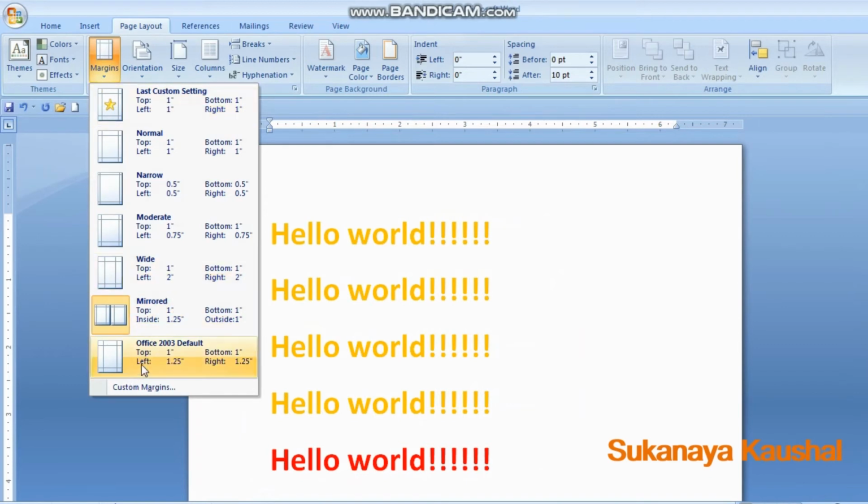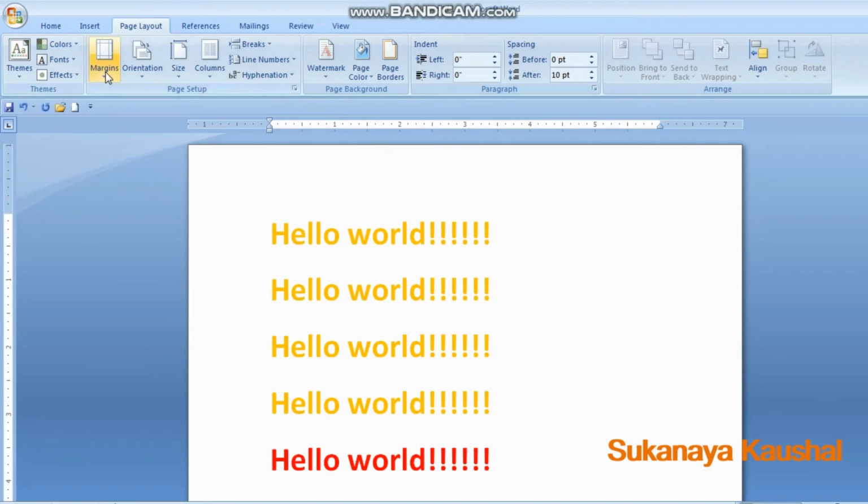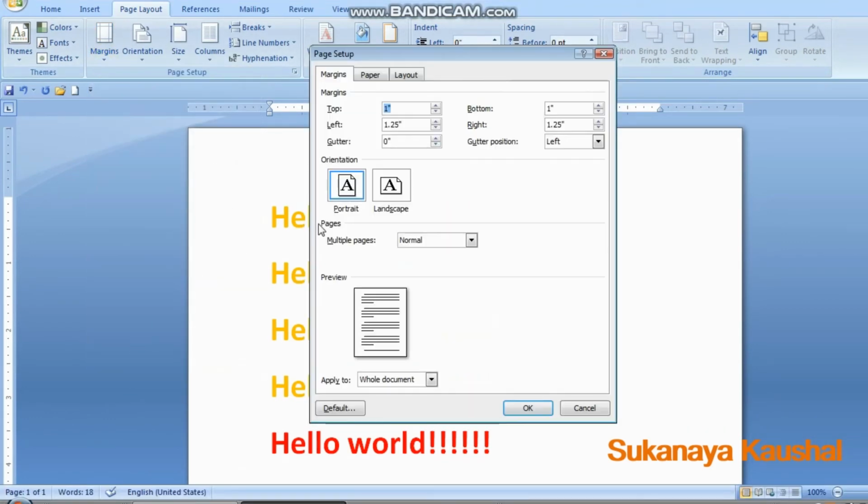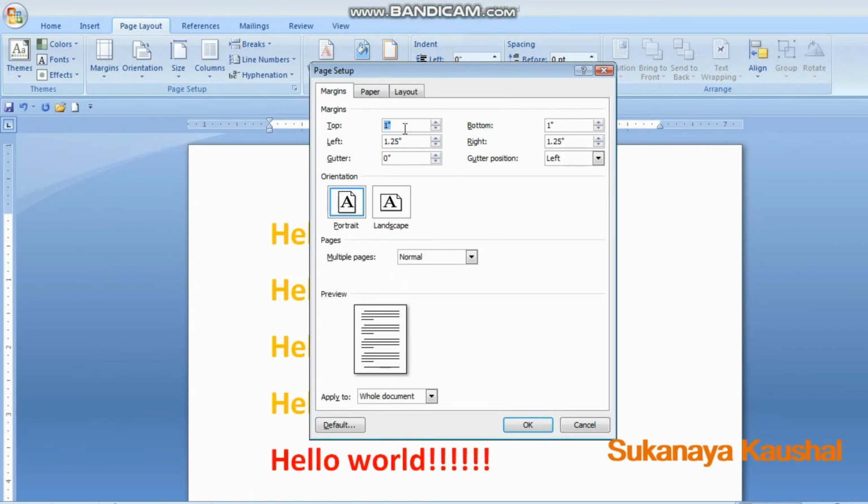Next is the Office 2003 default, and otherwise you can also go with the custom margins, where you can change the top margins, left margins, gutter values and gutter positions.